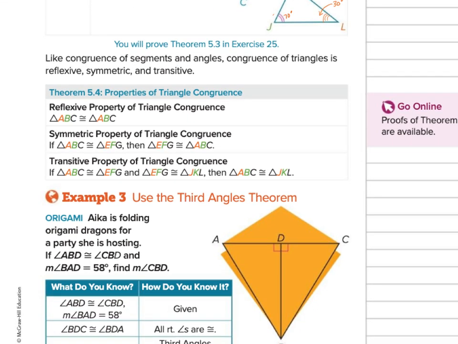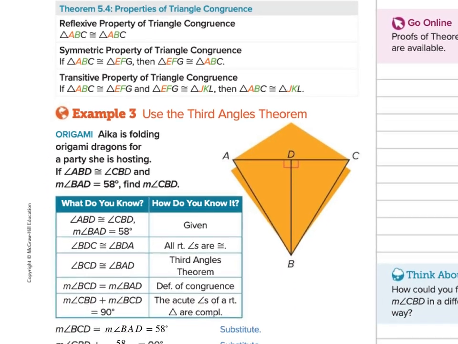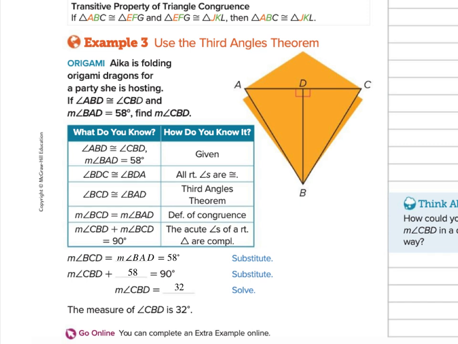Talking about your different properties, using third angles, we'll go through a lot of this information in class more. But Aika is folding origami dragons for a party. She says the angles ABD and CBD are congruent. Okay, so this measurement is congruent to this measurement. And then BAD is 58 degrees. Find